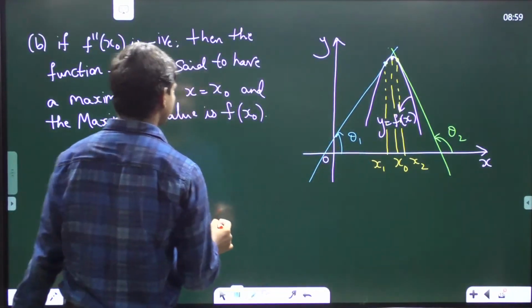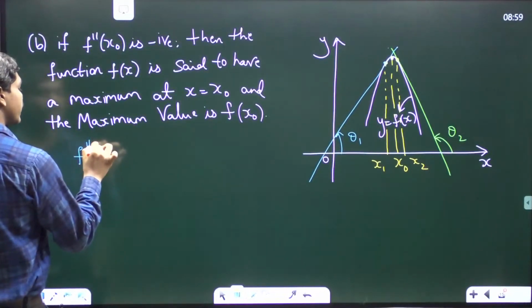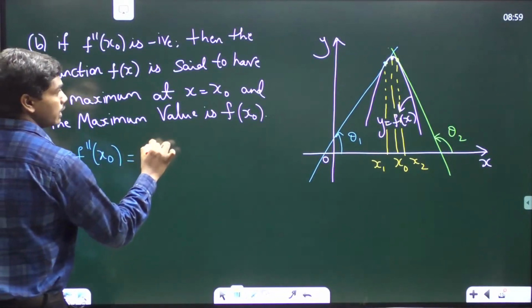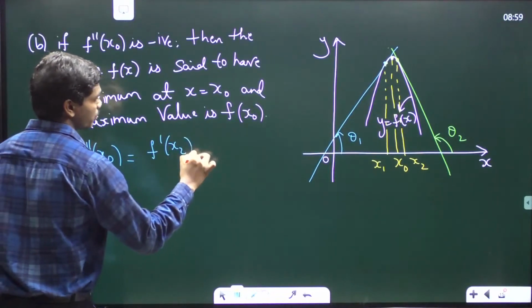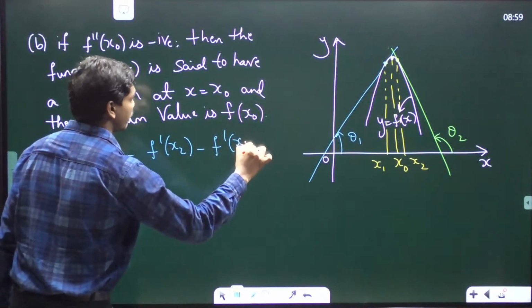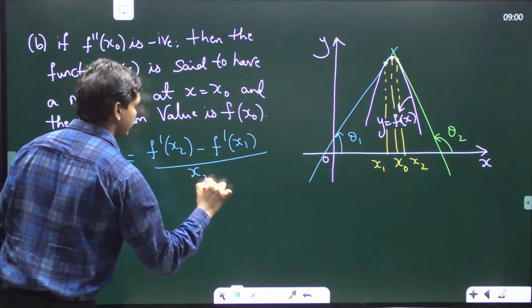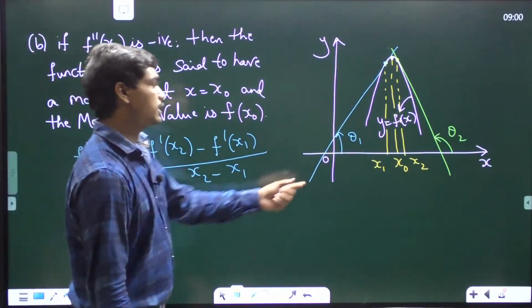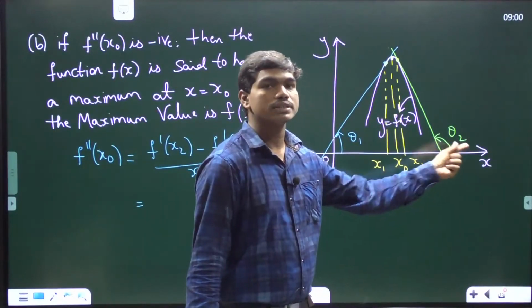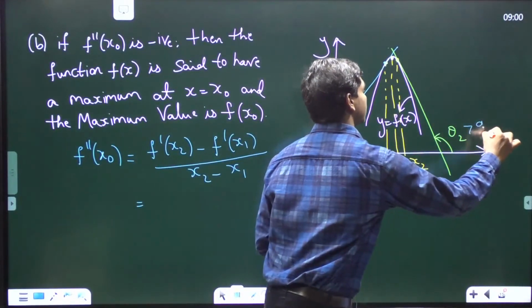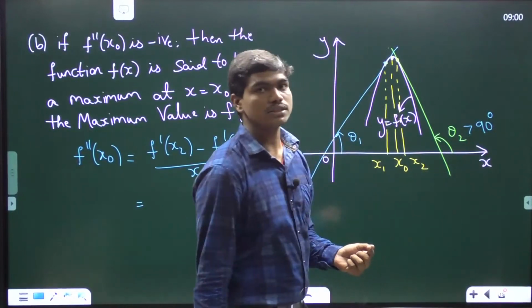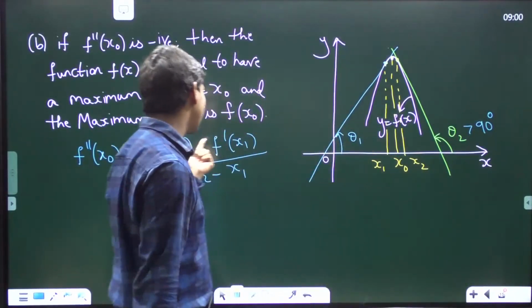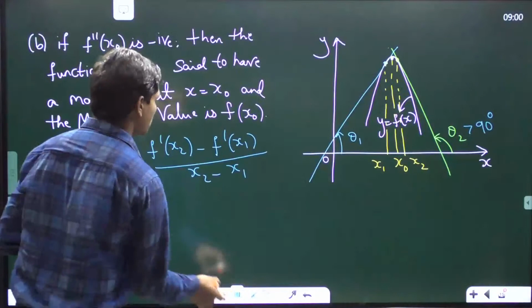So now if you consider this value f double dash of x naught, again you have f dash of x2 minus f dash of x1 divided by x2 minus x1. Okay, so if you see here, this theta 2 is greater than 90. Correct? If theta 2 is greater than 90, then tan theta is negative. Correct? So which means this f dash of x2, basically slope of tangent 2, is negative,